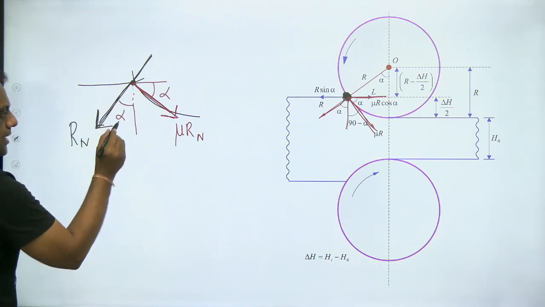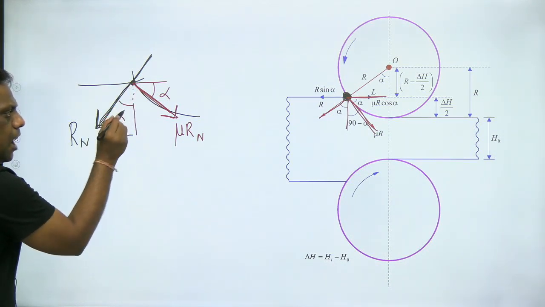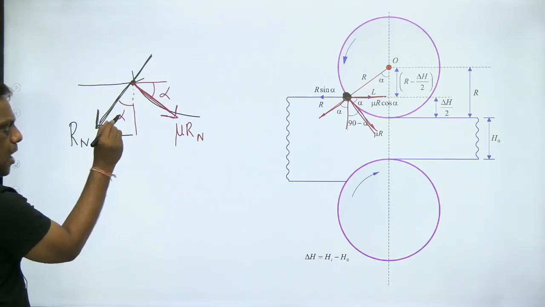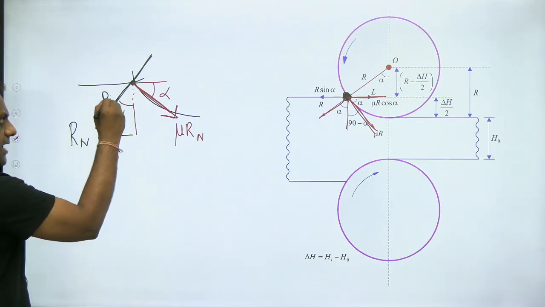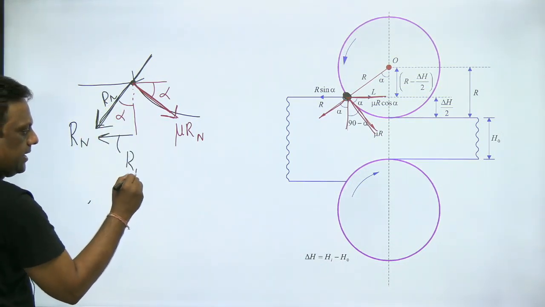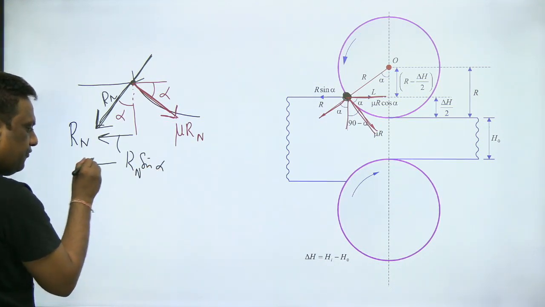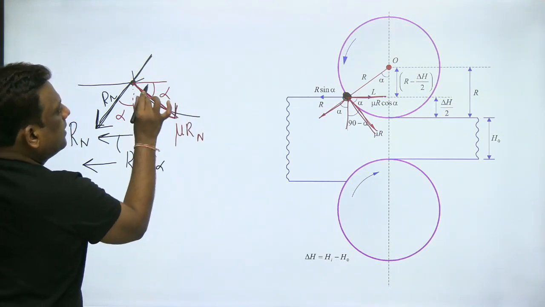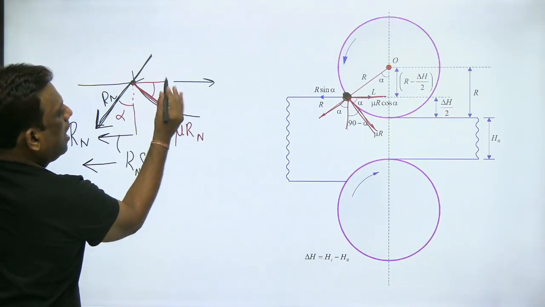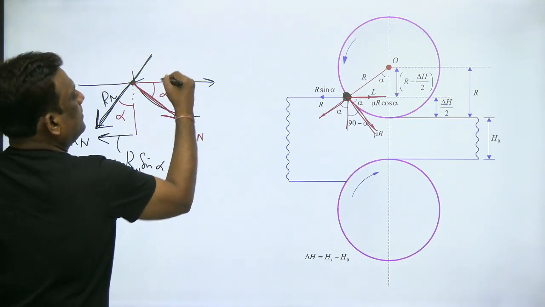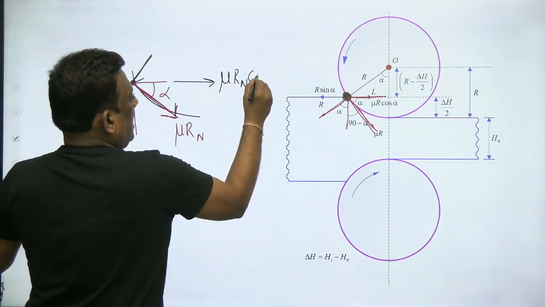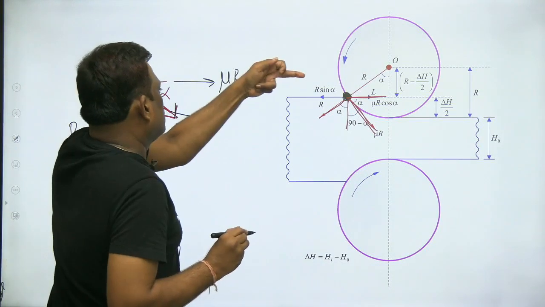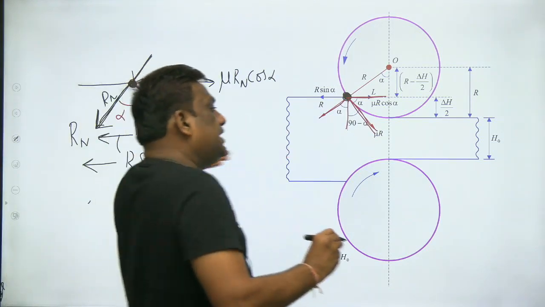We have to resolve this Rn. One component is like this. Look, the horizontal component of this Rn will be on the opposite side. Means this is Rn, and it is on the opposite side. So it will be Rn sin alpha, and it is in the leftward direction. Excellent. And for mu Rn, opposite is vertical, but adjacent this will be cos. So for mu Rn, the vertical will be sin, horizontal will be cos. So mu Rn cos alpha means on my workpiece there is a rightward horizontal force, there is a leftward horizontal force, but clearly it is moving towards right.